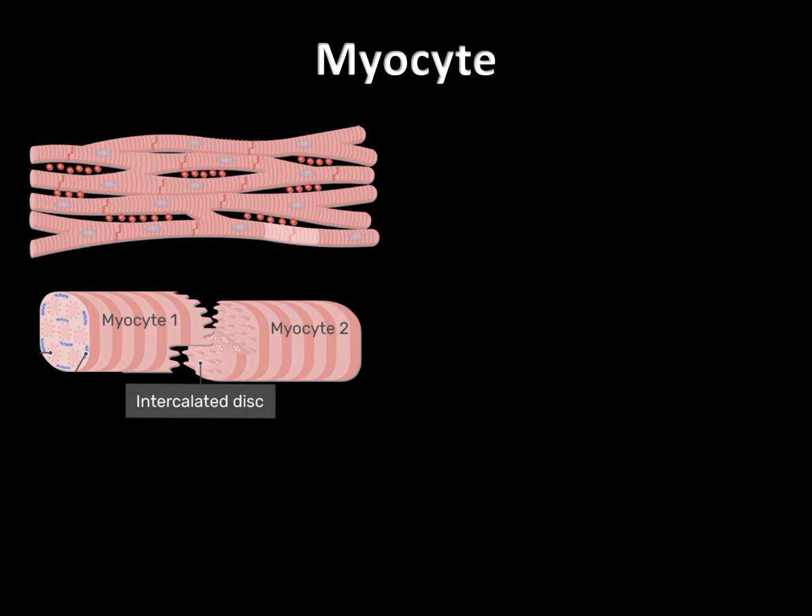Here we can see the myocyte tissue. If we focus, there are many myocytes present in this tissue, which are separated here and shown. The junction where these two myocytes are joined, they are called gap junction. Role of this gap junction we will see in action potential. Right now we will focus on structure of myocyte and important features of myocytes.